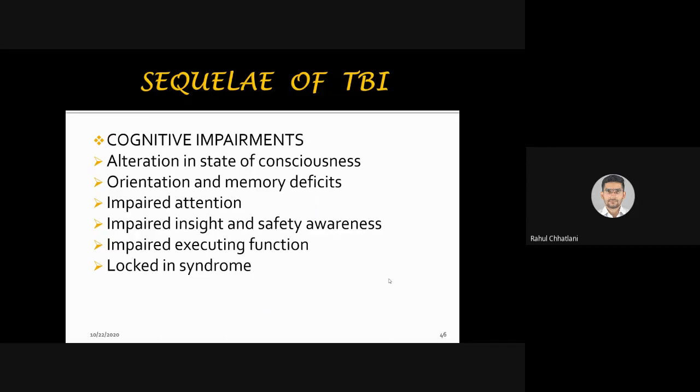Patient will not even be aware how to walk safely, how to follow normal safety procedures. We are not talking about any important or out of the way safety measures. We are talking about our own body measures. If I see a chair placed in my way, what will I do? I will either move the chair to a side or I will move around the side of the chair. I will not walk through the chair. So this is also normal safety awareness of an individual that is lost because cognition is affected.